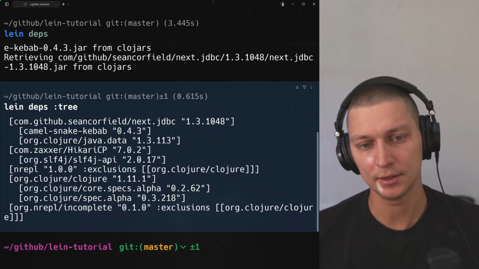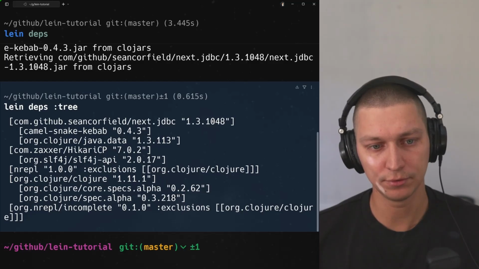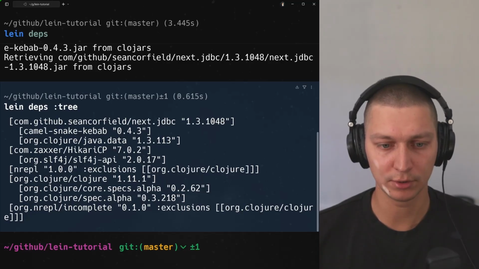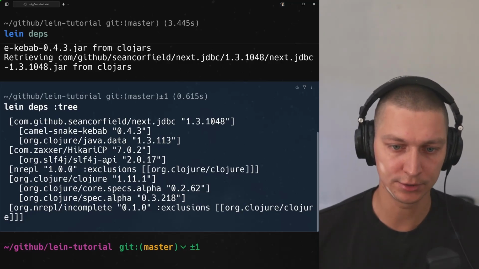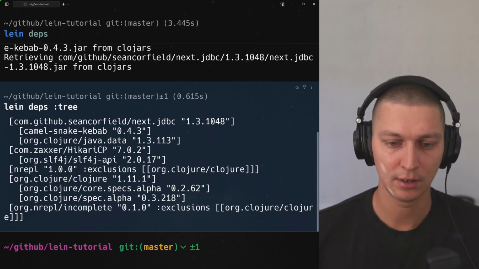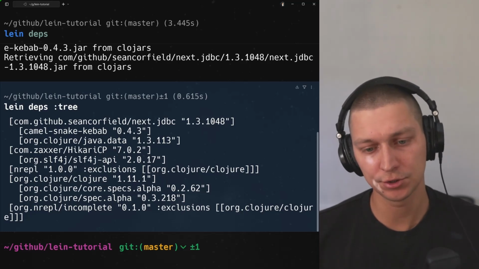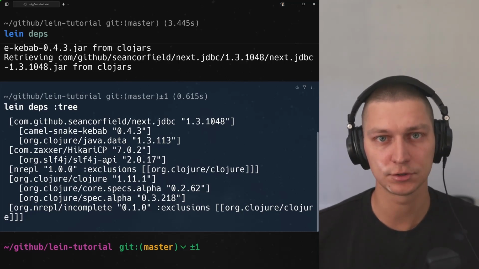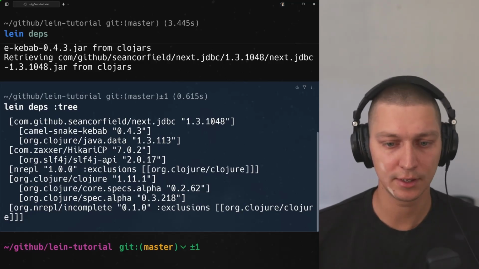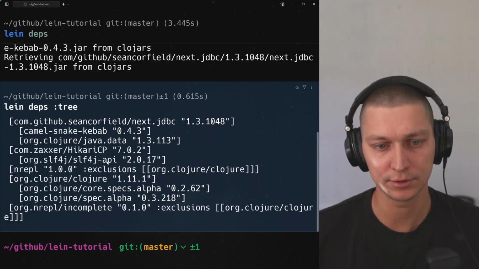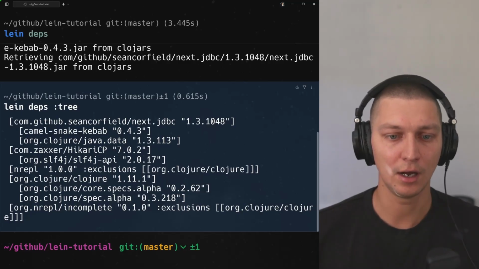So in this output from the deps tree, there'll be places where we can see that this particular library is pulled through this library and through that library, and we can add some manual exclusions if we want to fix the version conflict. Obviously that's not for beginners, it's kind of an advanced topic, but it's quite nice to know that there's an option to have an output like that